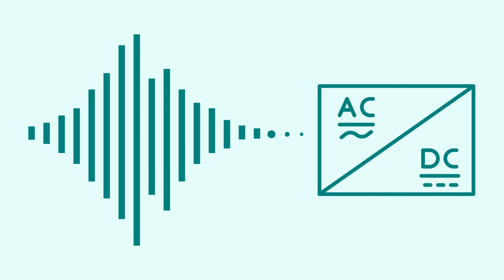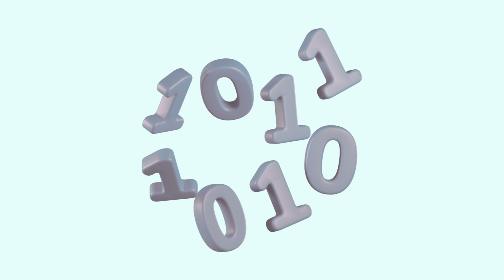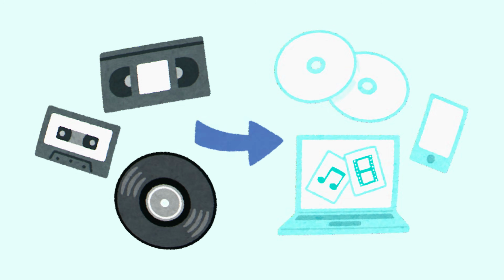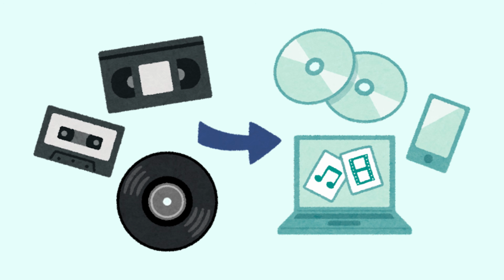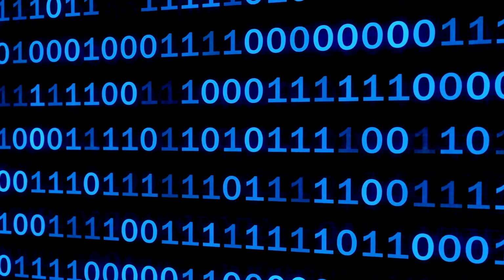What about sound? Computers store sound by sampling it into tiny chunks. Each sample is converted into a number representing the sound wave's height using an analog to digital converter, and then into binary. To play the sound back, the process is reversed using a digital to analog converter. So when you play a song or a notification sound, your computer is actually reading billions of zeros and ones and turning them into the music you hear.